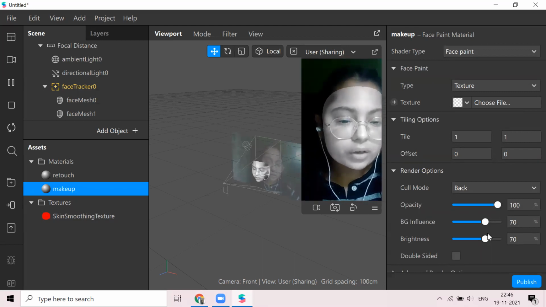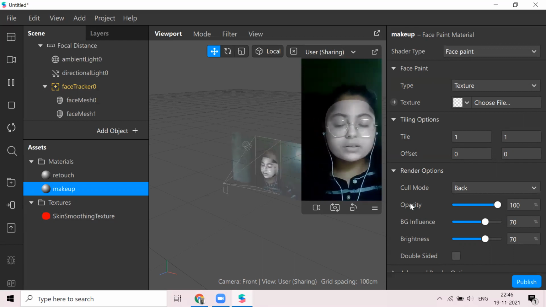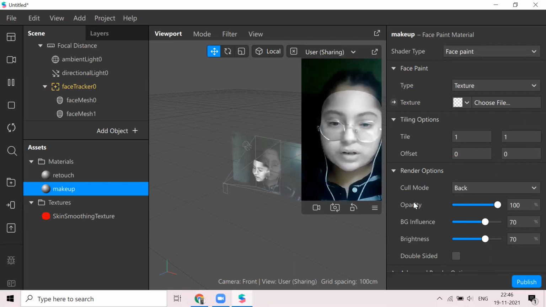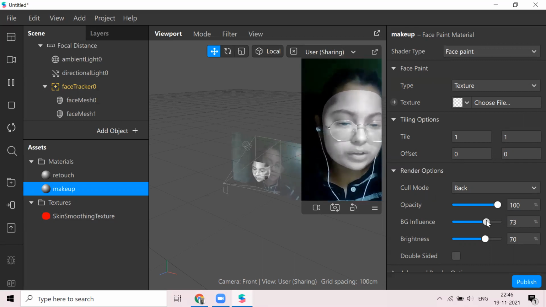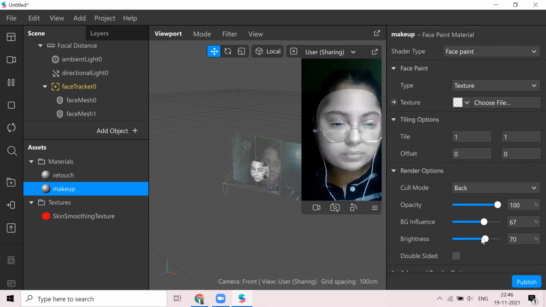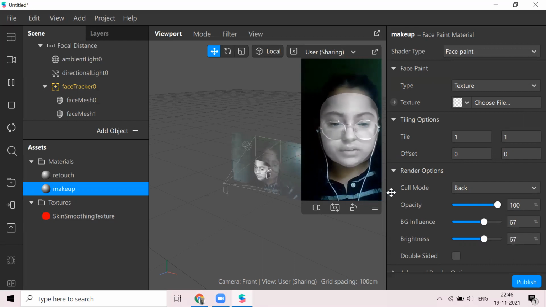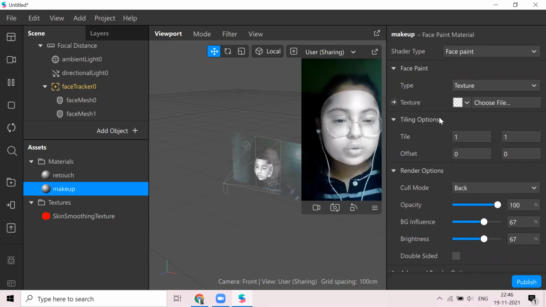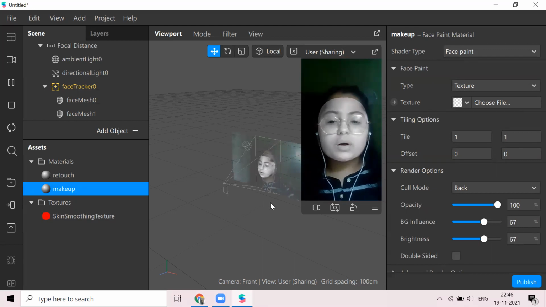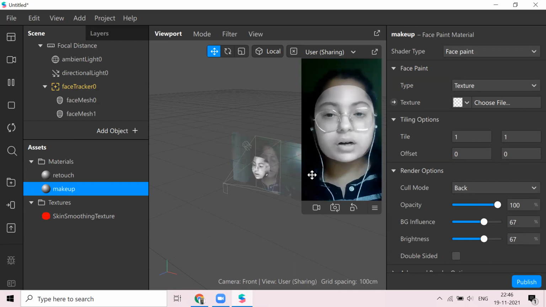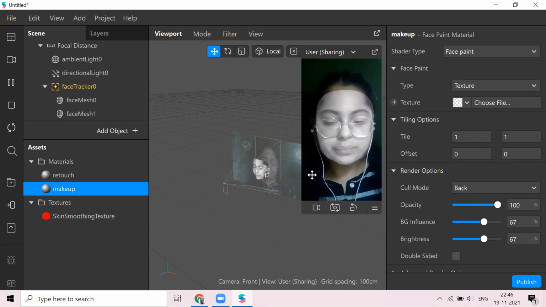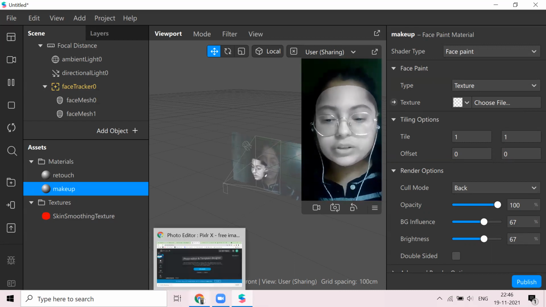You can play around with these elements. It is very subjective, and it depends upon how bright you want your makeup to look. I think this looks good to me, and the brightness is also good at 60, 70s. Now what Spark AR does is provide us a texture file folder, which has all the assets we need